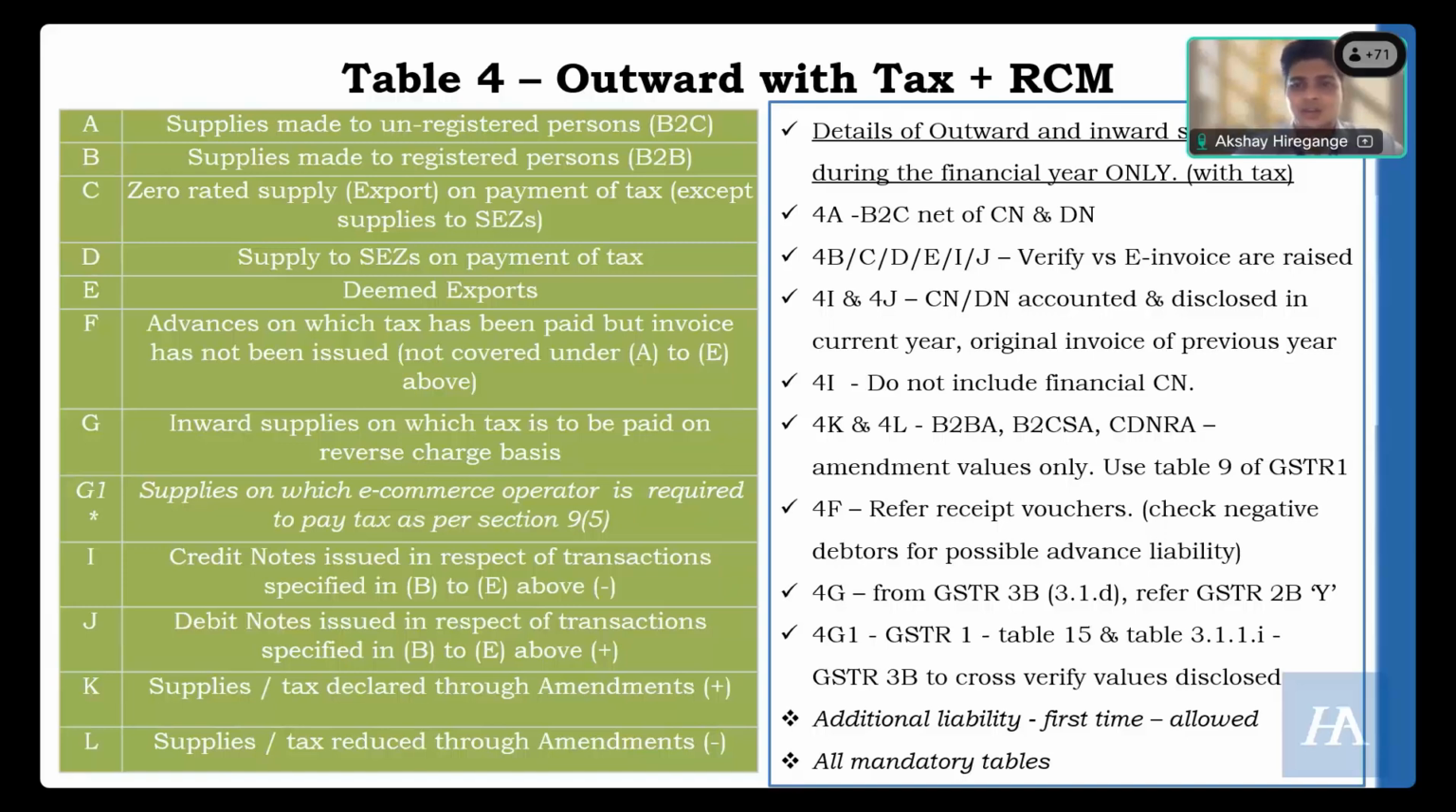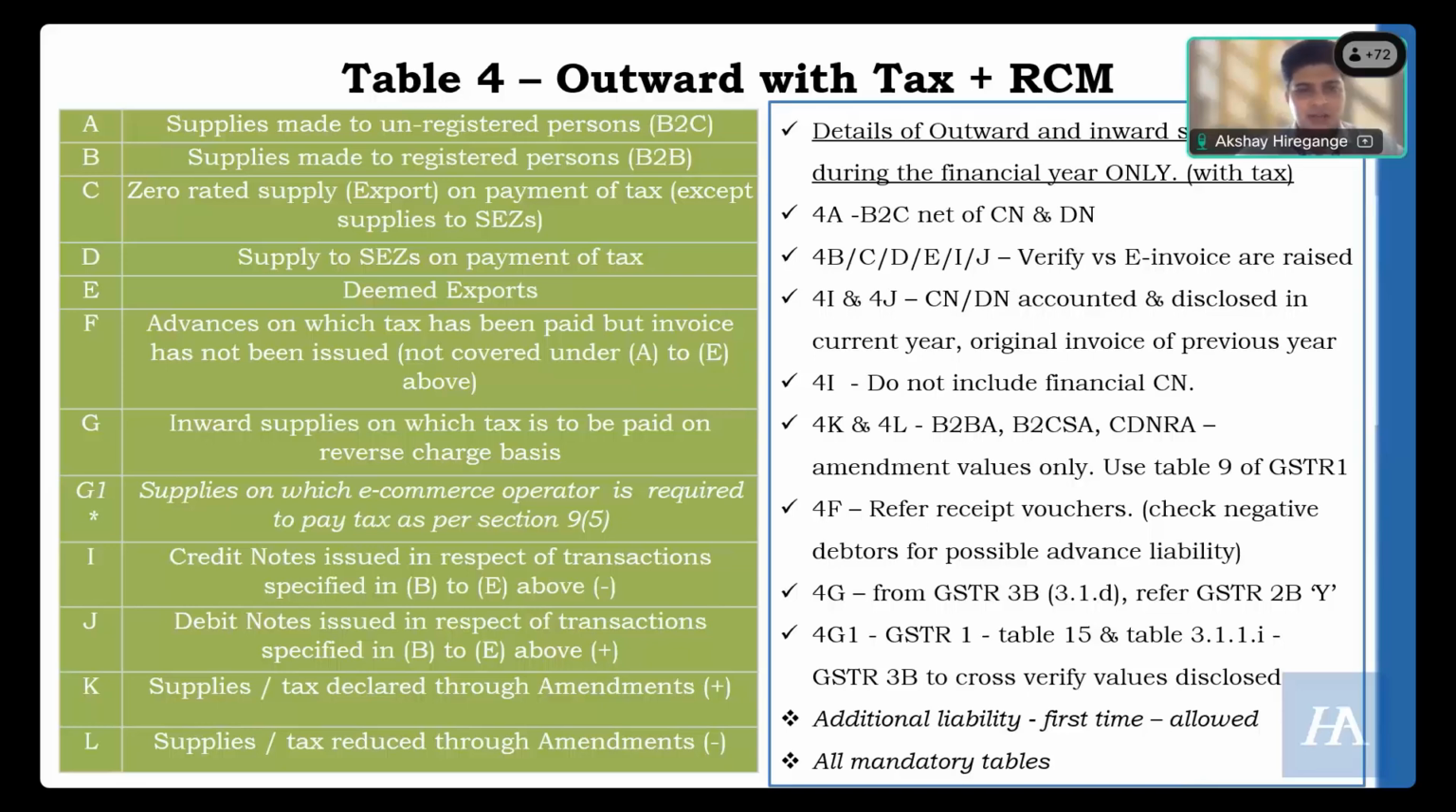That is your spillover transactions, or transactions of the 23-24 year which are shown in 24-25. So these are a few variations of credit notes and their disclosures. Financial credit note must not come into 4I. One additional tip with respect to this table: if you see 4B, C, D, E, I, J, these are transactions where ideally your recipient would have a GST number